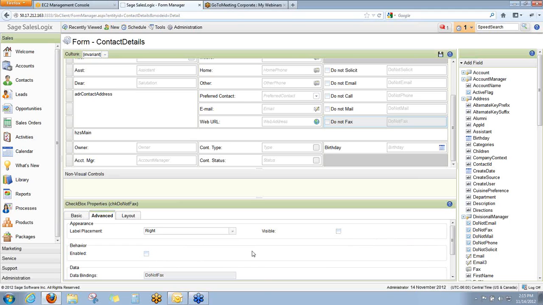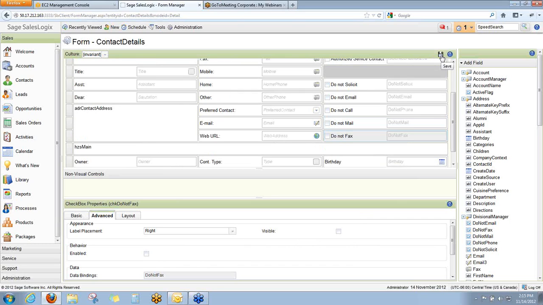I can also disable it. So maybe I want to see it, but I don't want anybody putting data in it. Maybe it's just a placeholder field with some data or a message or something you want people to see. So you can disable it and you can make it invisible, or both, like you saw me do in this case. And when I save my changes, which takes just a second to do,